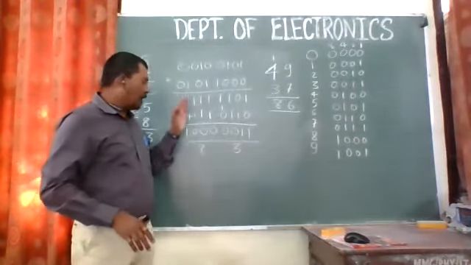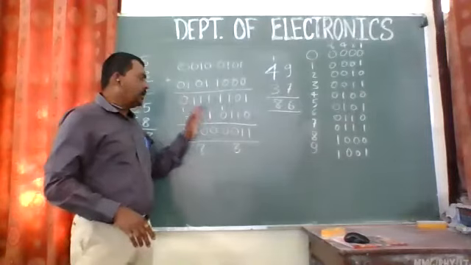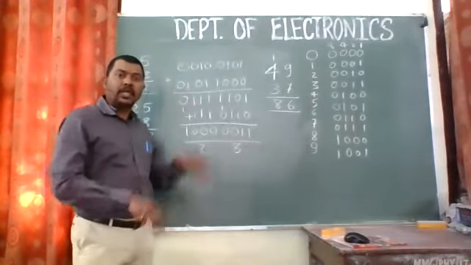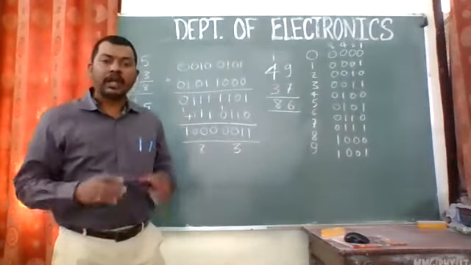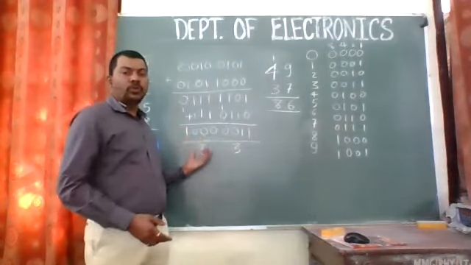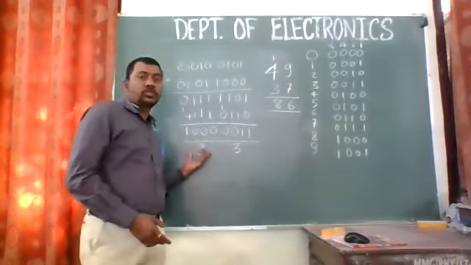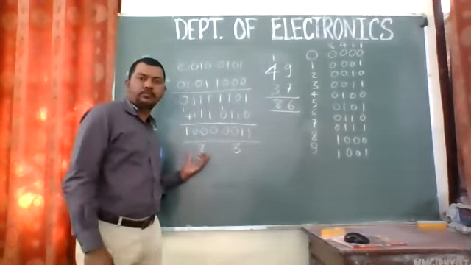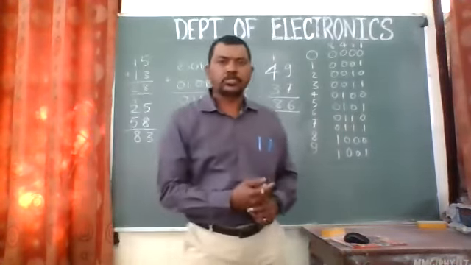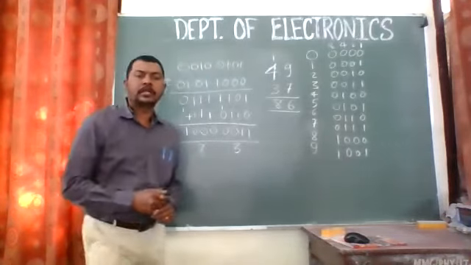Otherwise, after adding a carry generated from this bit to this 4 bit, if that number also exceeds 9, then again you have to add 0110 to this 4 bit also. Right? This is absolutely perfect. Right? Yeah. So I guess the time is short, so we'll continue this in the next class.